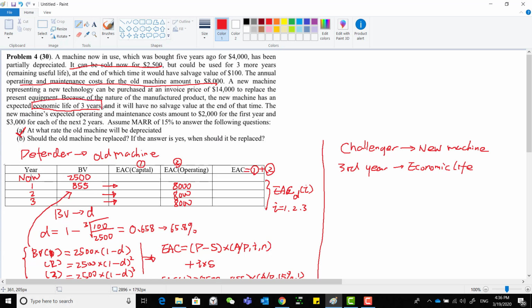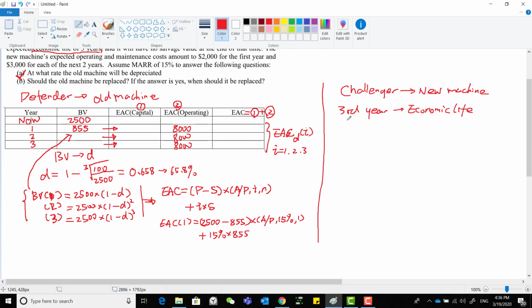For that we need to perform a similar type of calculation. Our EAC challenger will be equal to EAC capital plus EAC operating cost. So our EAC capital for the third year will be equal to